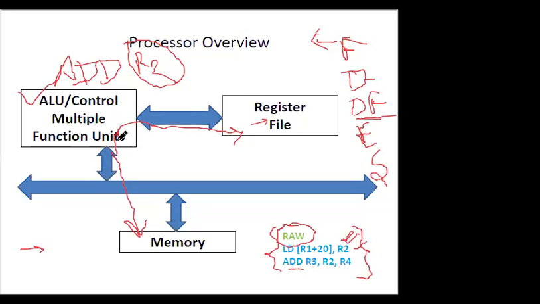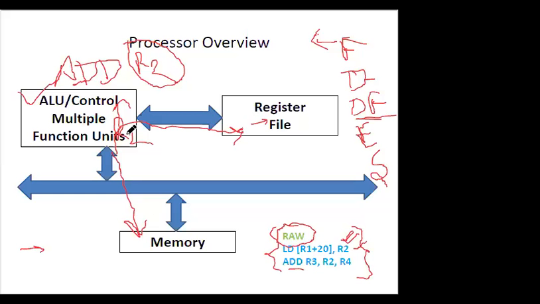We can create a copy of R2 at the same time. So it will write this R2 in the register file, and it will also transfer some part of R2 to this ALU at the same time. So it will create a copy, write some part in the register file, but also transfer a copy to the ALU.